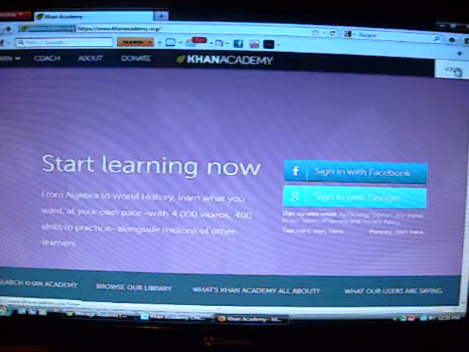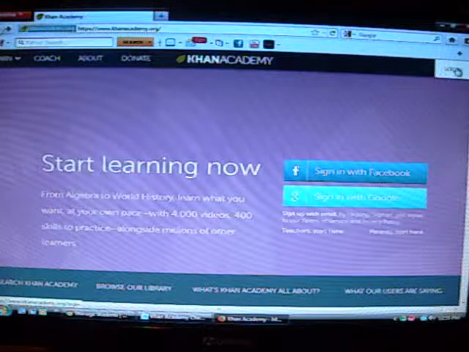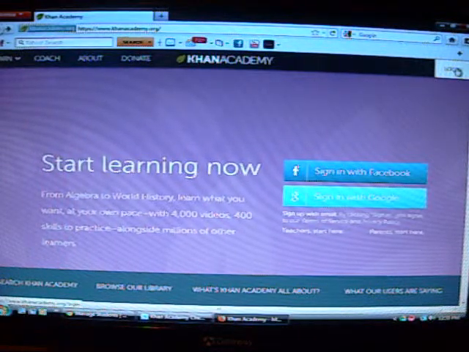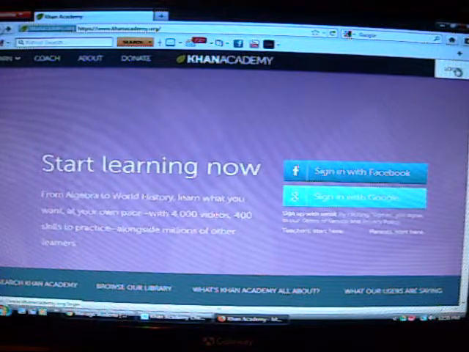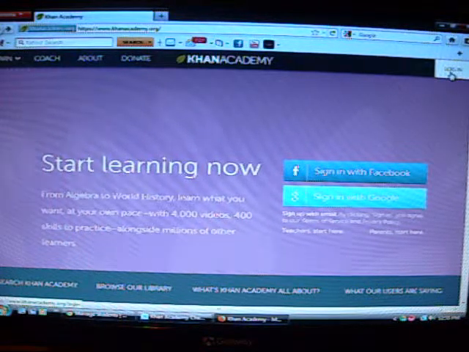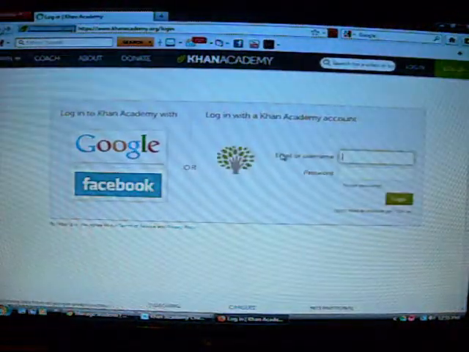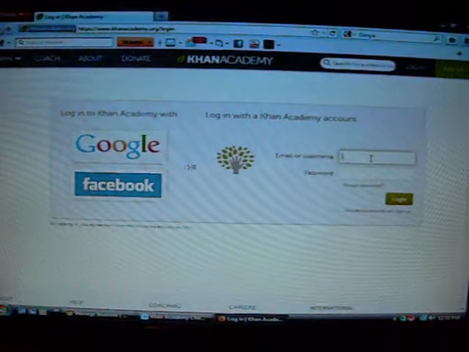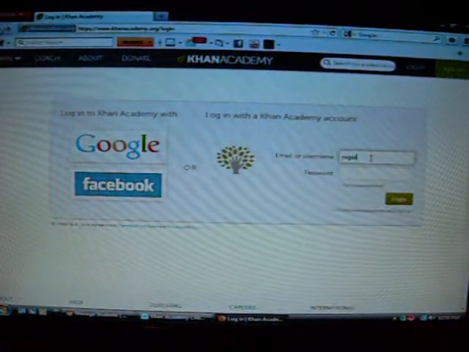There's also some other options when you log in. I have it through my school email. I'm going to walk you through here. I set up an account under my son's name. That's through a Hotmail account. So there are some other options. You can kind of figure out however you want to do that. So I'm going to click Login, and for this I'm going to use my son's